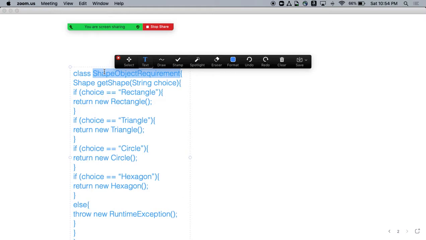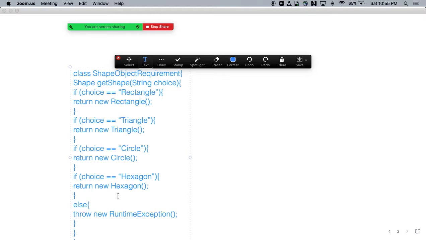So this is the one who is actually requiring the object. He requires a shape, and he has to understand all the logic: if we call with rectangle, then it will give me rectangle. Basically, it is understanding the internal implementation of the thing. If I call with rectangle, it gives me rectangle; if I call with triangle, it gives me triangle. You have to understand all the steps that have been created in the source code, right?